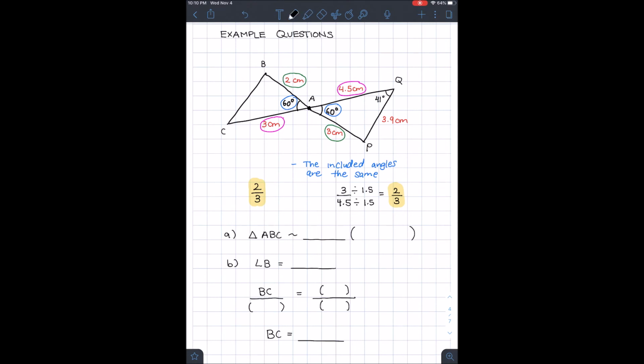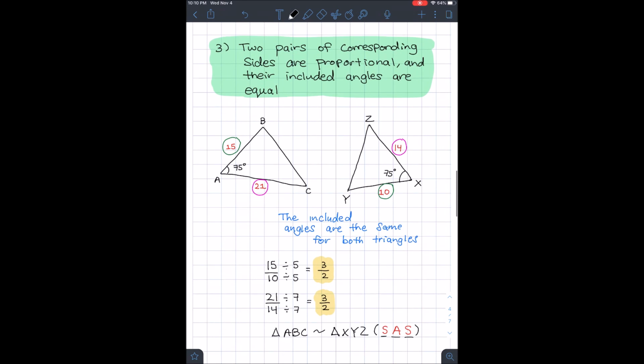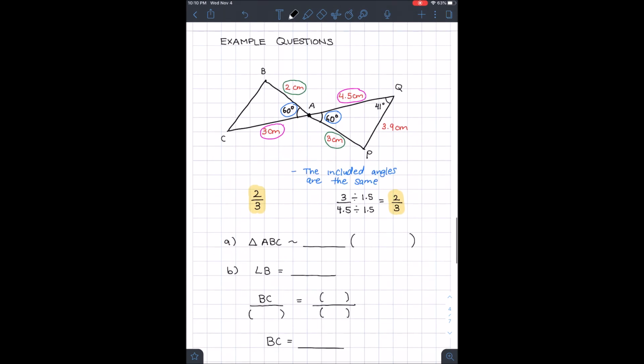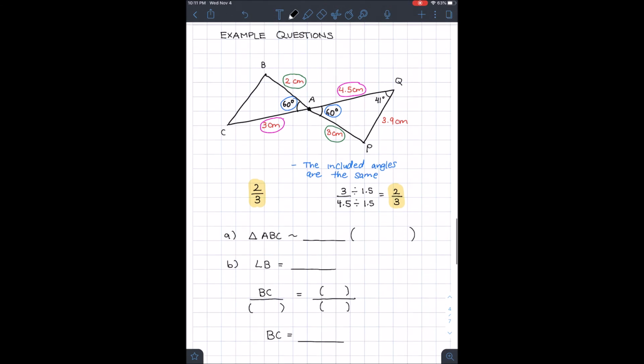Therefore, the corresponding sides are proportional. If you recall, the third condition that we looked at, 2 pairs of corresponding sides are proportional and their included angles are equal, which is the same thing that we can see here. 2 pairs of corresponding sides are proportional and the included angles are equal. So to fill out the blank in part A, we can say the triangle ABC is similar to